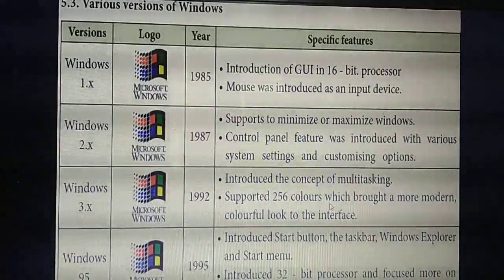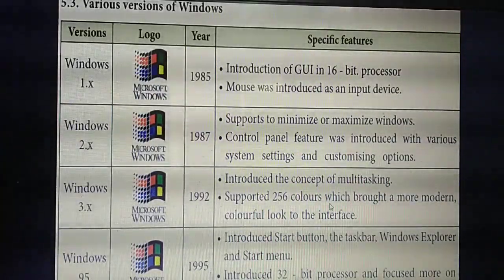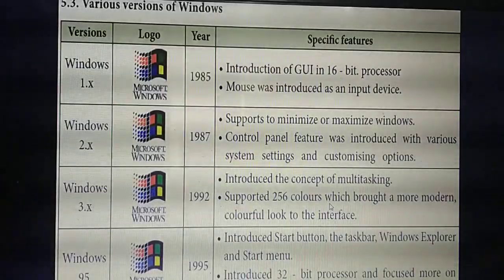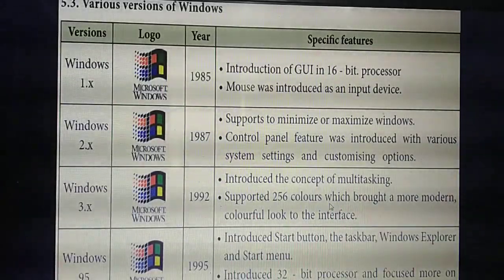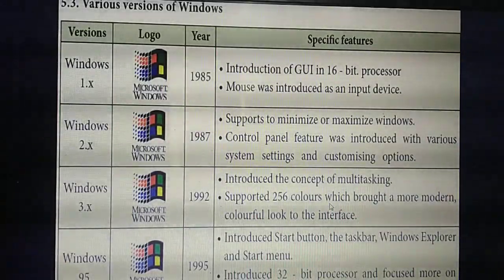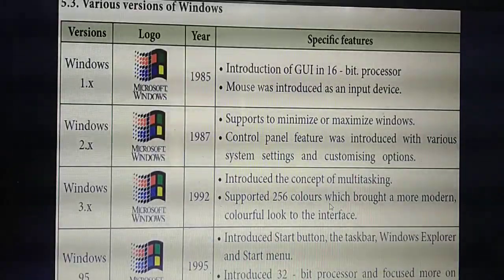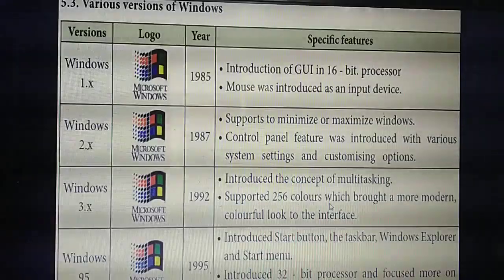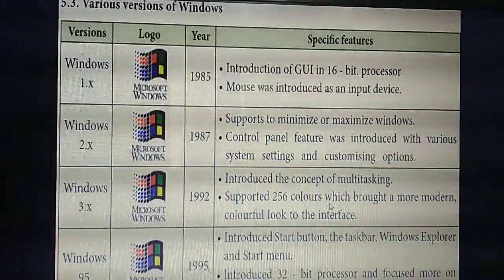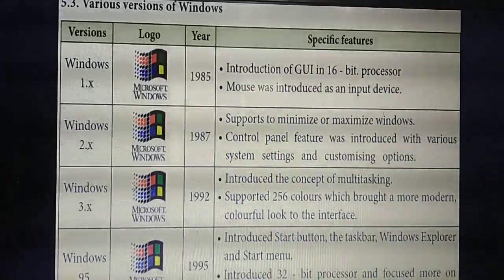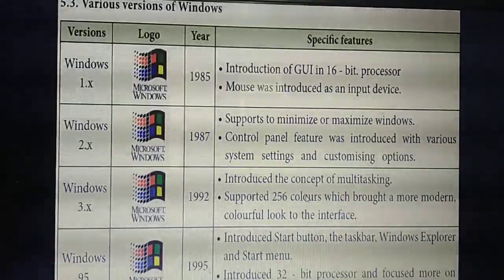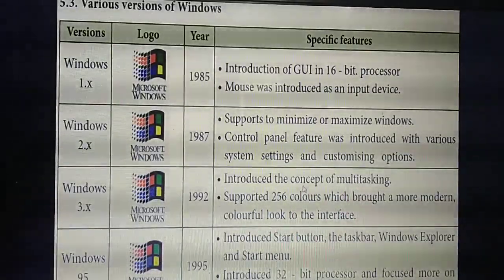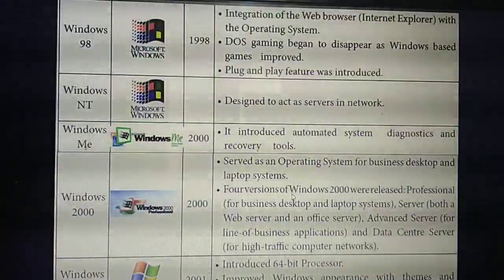So what's the use of this colorful? For example, if a particular website has a more beautiful look and feel, attractive colors, whether you will like it? Yes. Where the look is attractive, that only you will open first. So look and feel is very, very important. So in this third version they have introduced 256 colors. Understand? Yes, listen. So next